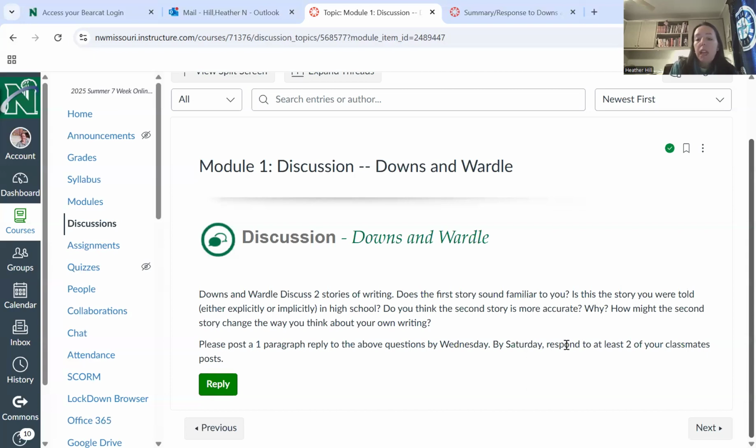And then after a few days, and that's the thing too, you do just sort of go down and press next, go down and press next. But because of the discussions, for example, you have to come back to it to respond to your classmates, right? So you can't just continue to go forward because in the week you will have to go back and do the responses to your classmates.